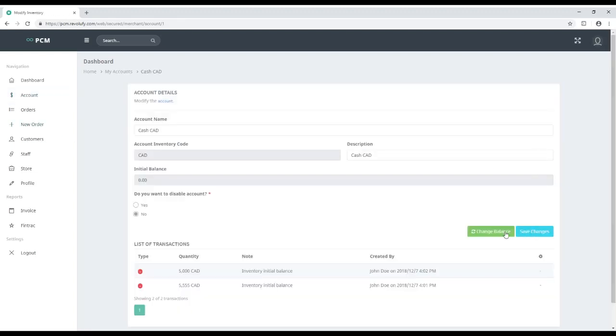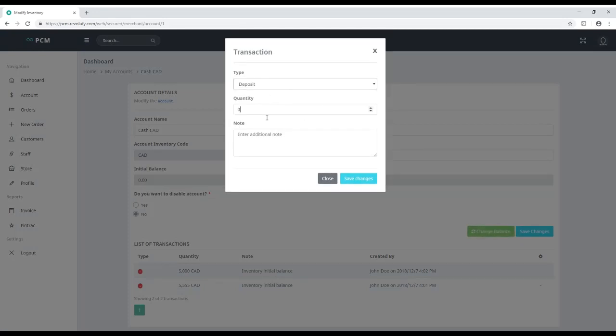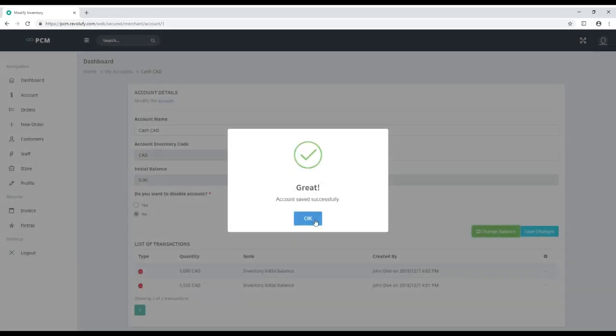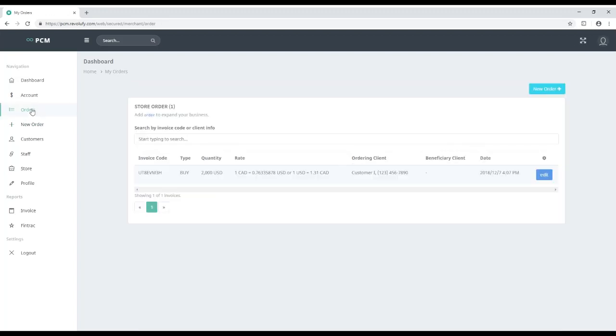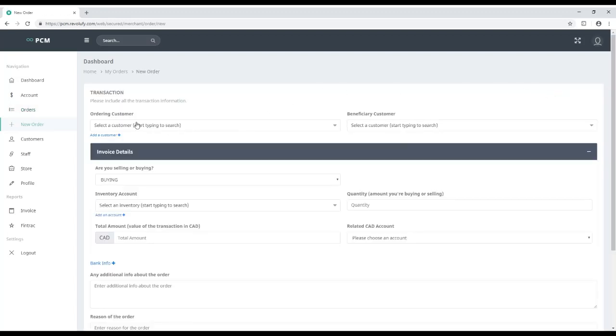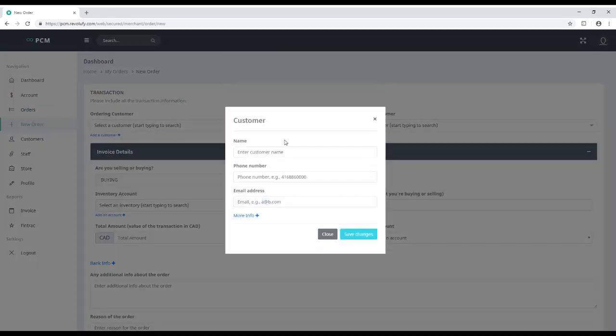As you can see, we are updating the Canadian cash account with some money. Let's say $10,000. We have cash, we want to put it in there. Okay, great. And then this is our transaction that we just finished. You can see the rate, you can see the customer, you can see the date. And then let's do another